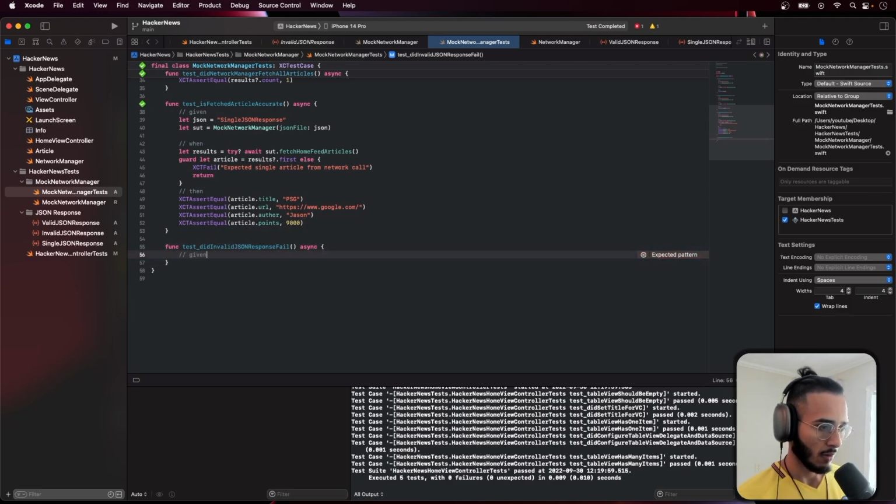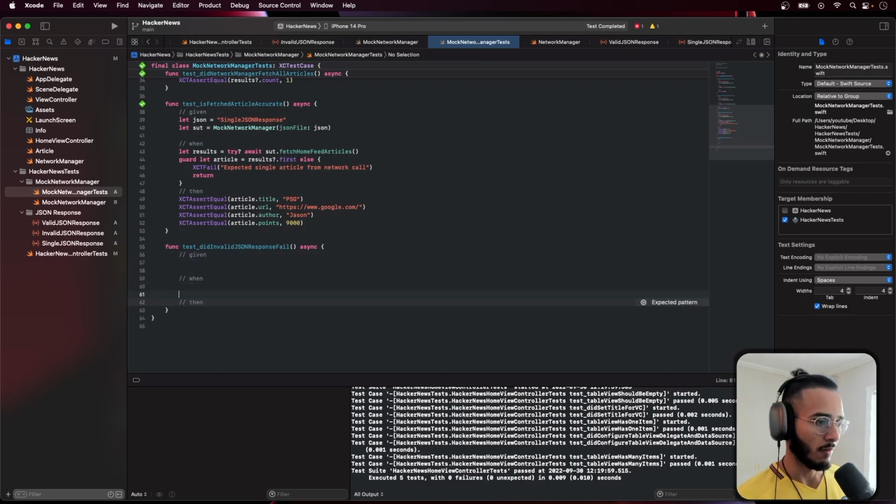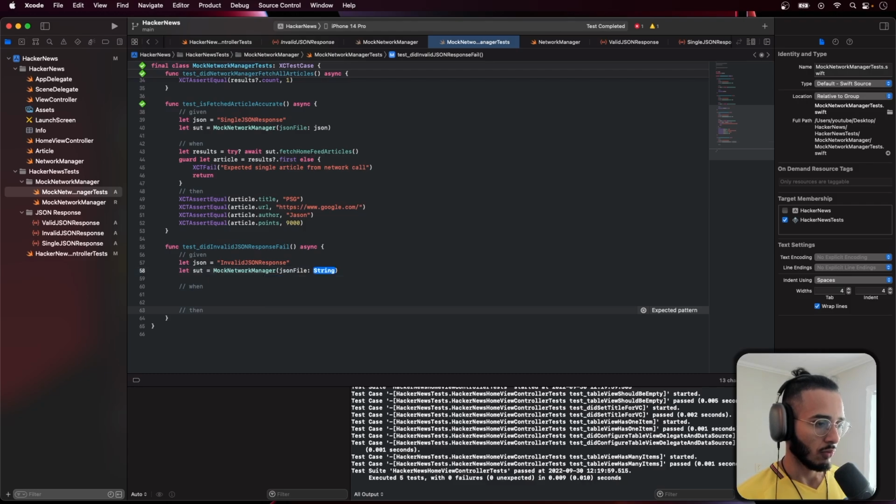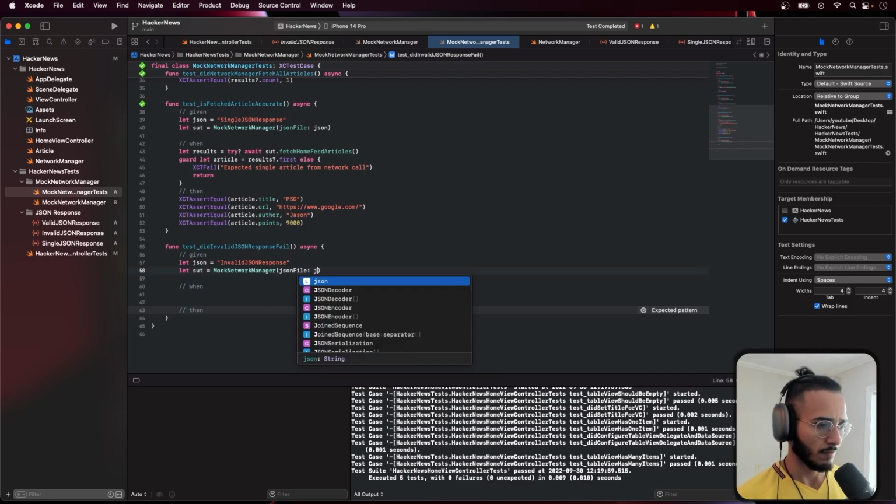Given, when, then. Let json equal invalidJSONResponse, MockNetworkManager.jsonFile, json,